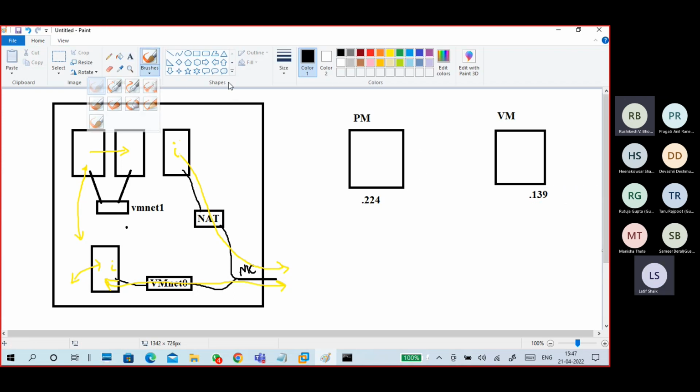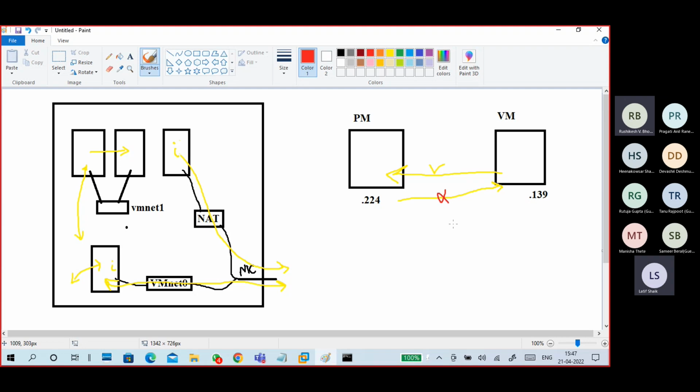When I'm pinging from the virtual machine to the physical machine, it's working.